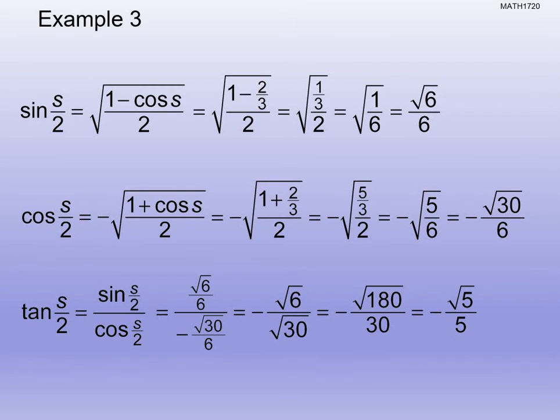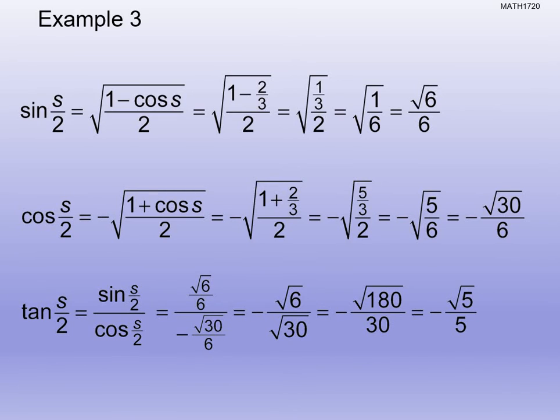So we take the value we got for sine of s over 2, which is square root of 6 over 6, divided by negative square root of 30 over 6. We multiply by the reciprocal. The 6's will cancel, so we get negative square root of 6 over square root of 30. We have to rationalize the denominator, so we multiply the numerator and the denominator by square root of 30 over square root of 30, and we end up getting negative square root of 180 divided by 30. And you can simplify that down even more if you break down